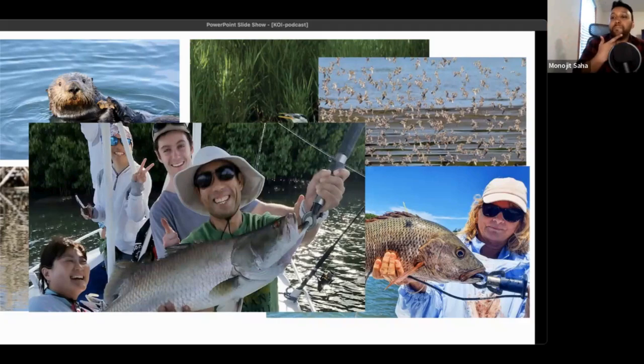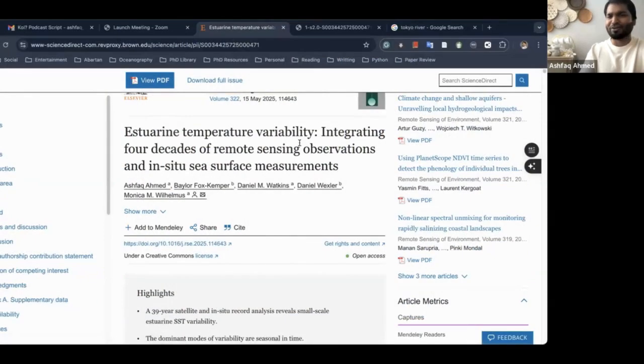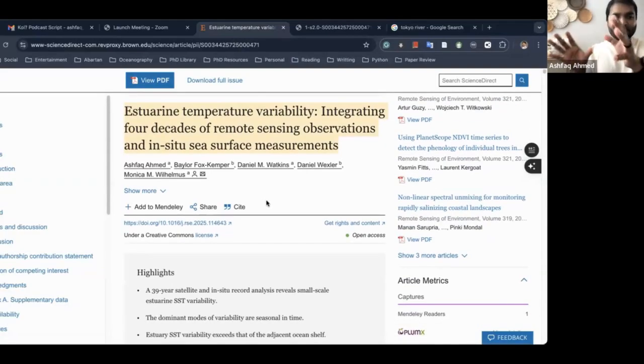Do you want to tell us a bit more about the content of the paper that you recently published and what you tried to focus on? Definitely. It's about sea surface temperature in estuaries, but it's a long name. I wanted to shorten it, but my professor said it's okay to be detailed, so that when people search sea surface temperature, estuary, or observation, they find your paper. So all the keywords are here.